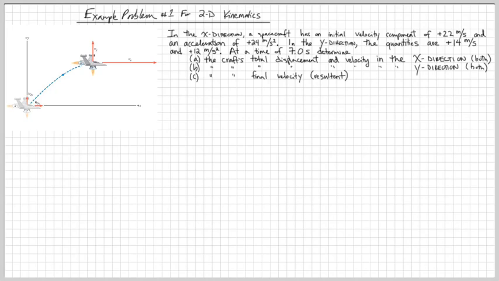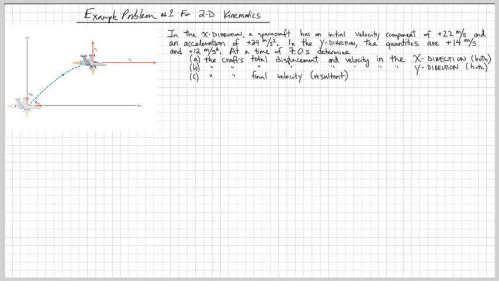In the x direction, a spacecraft has an initial velocity component of positive 22 meters per second and an acceleration of positive 24 meters per second squared. In the y direction, the quantities are 14 meters per second and 12 meters per second squared, respectively. Notice the units indicate to me easily which value is which. 14 must be the velocity because it's meters per second, and 12 must be the acceleration because the units are meters per second squared. At a time of 7.0 seconds, determine A, the craft's total displacement and velocity in the